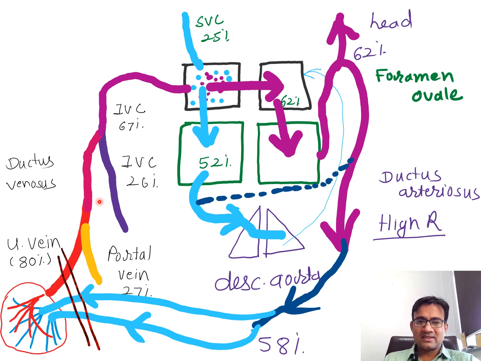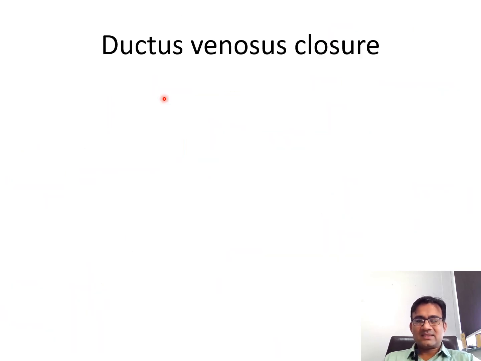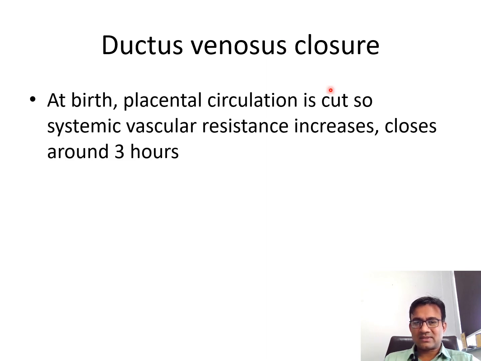As a result of that, what is going to occur? Now you can say the ductus venosus is almost closed, because there is no blood. See here, blood was coming, and now there is none. As a result, the ductus venosus is going to close. Or I can say that the amount of blood which the IVC was getting through the ductus venosus from the umbilical vein has decreased to a large extent. So this will lead to what?